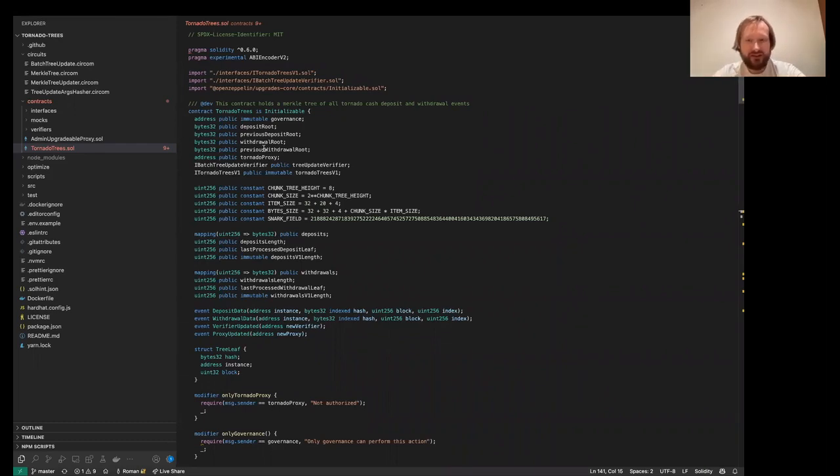And how it's done is we have some Merkle tree of some depth. For example, in this case, I don't see the constant, but it doesn't really matter. So we have a Merkle tree, for example, let's imagine it's 32 levels deep.